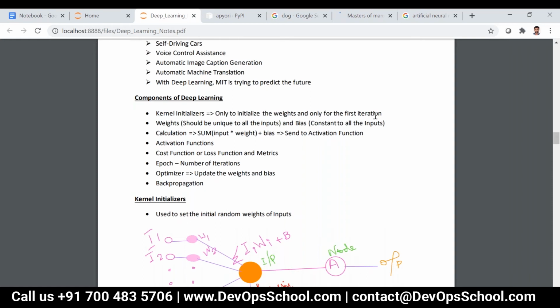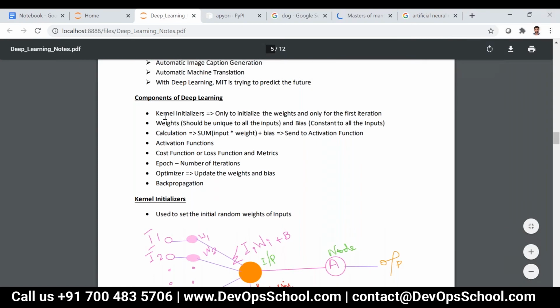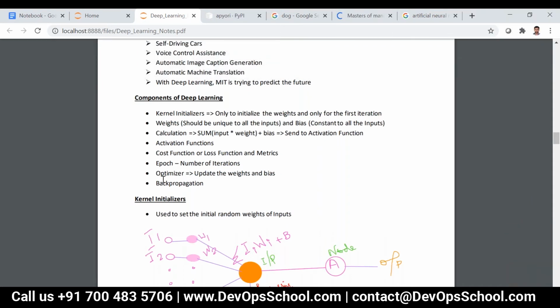For the next iteration, the kernel initializer will never be used, because the weights will be updated in the background by the optimizer. Only for the first iteration do we use the kernel initializer to assign initial weights to the input. In subsequent iterations, the optimizer will update the weights depending on the algorithm mentioned in it.